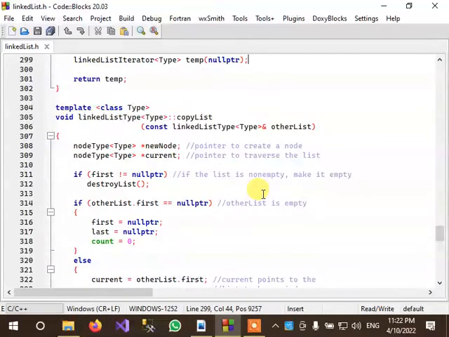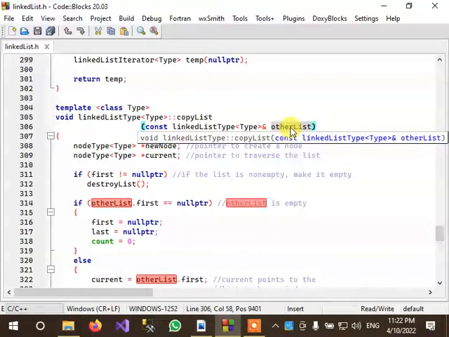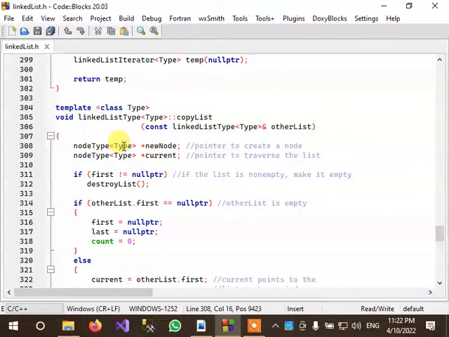And then we have a copy list function, which simply receives an object from another list as a passed parameter and creates a new object from this other list. So what this does,